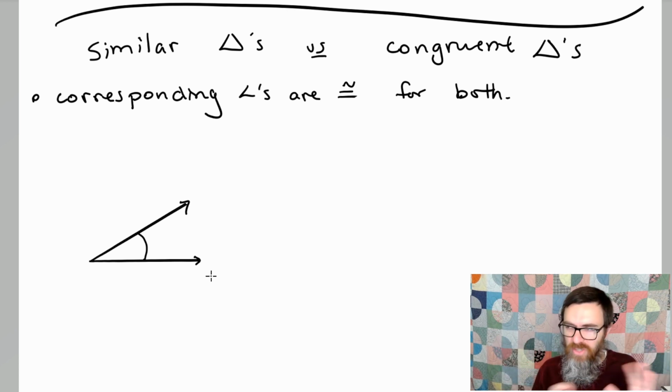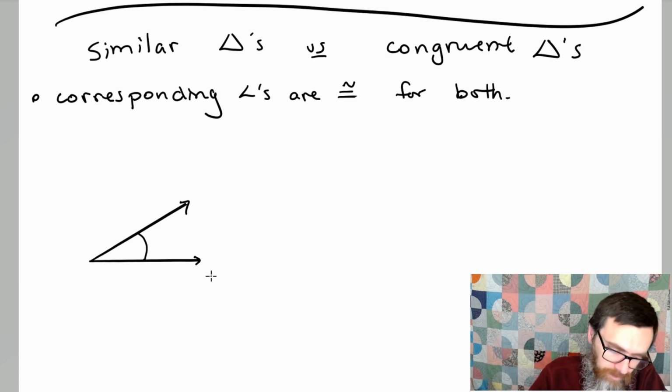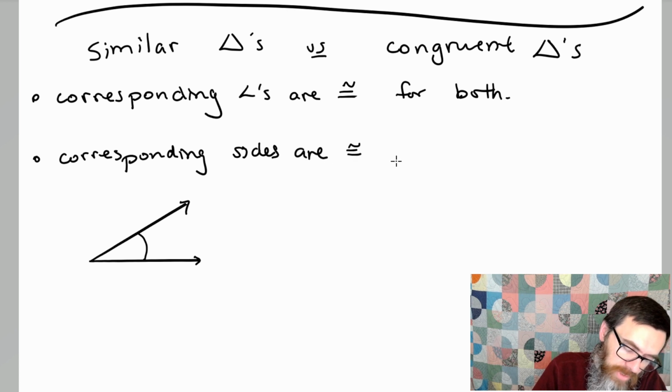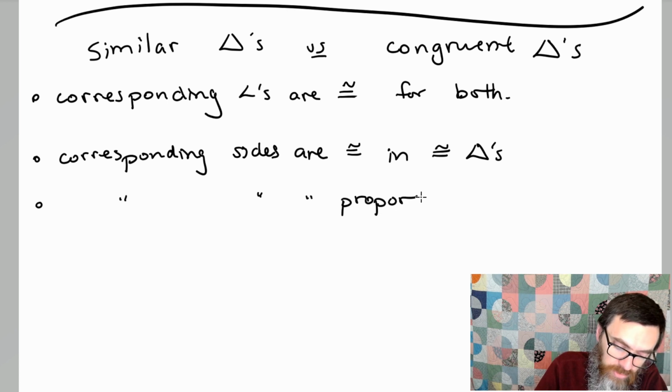Now, when it comes to side lengths, that's where there's a big difference between things that are similar versus congruent. Congruent triangles are basically you copying and pasting. It's the exact same thing, right? Nothing changes at all. The angle measures are the same, and the corresponding side lengths are the same. So, corresponding sides are congruent in congruent triangles